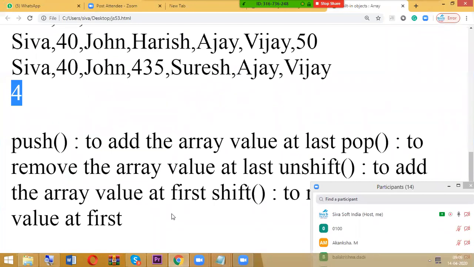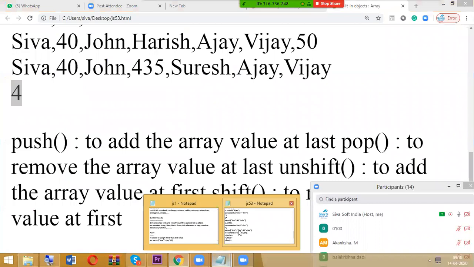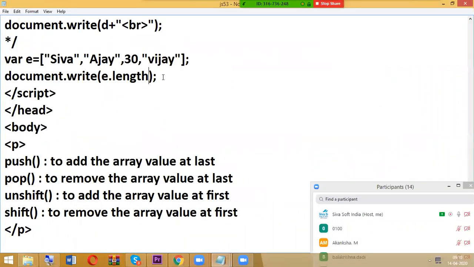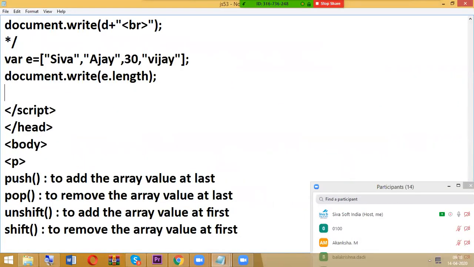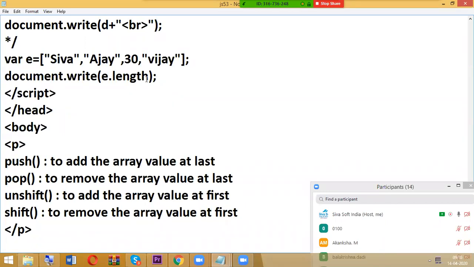So next, I am writing in comments here. Comments means again you will get confused. Believe that the output here is 4.